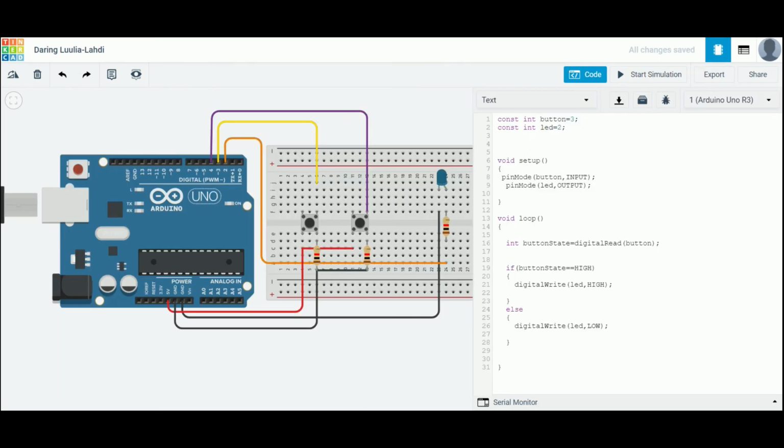In code, define pin for second switch. In setup, define pin as input. And in loop, create another variable button state 2 for storing the value of second button.